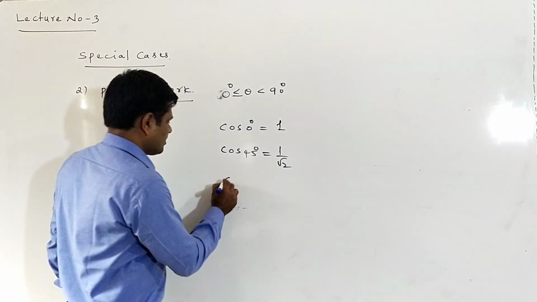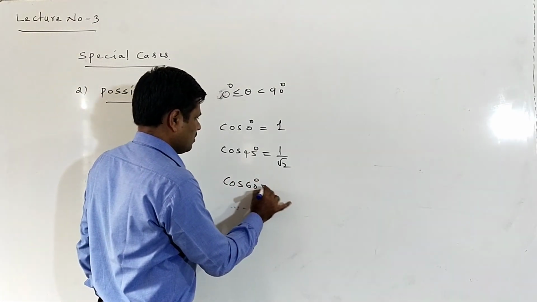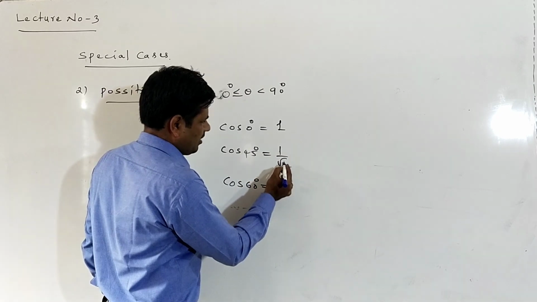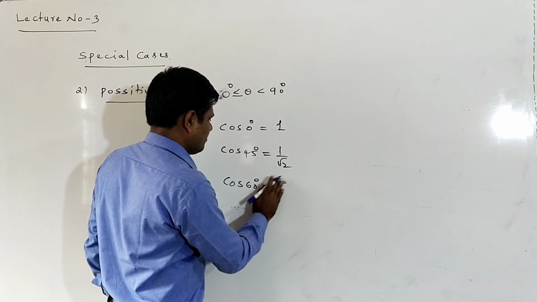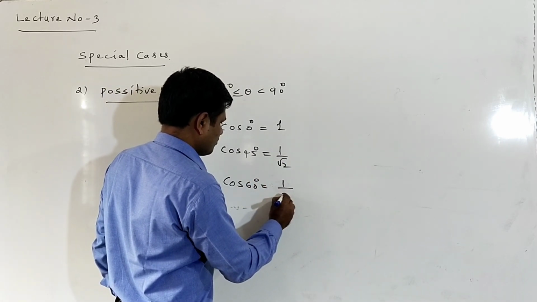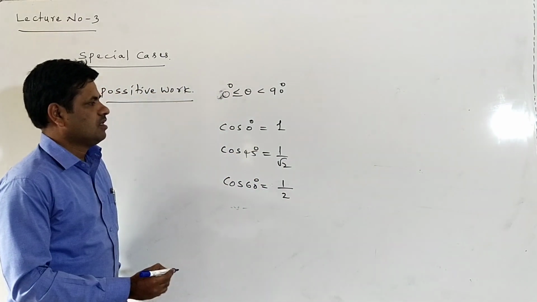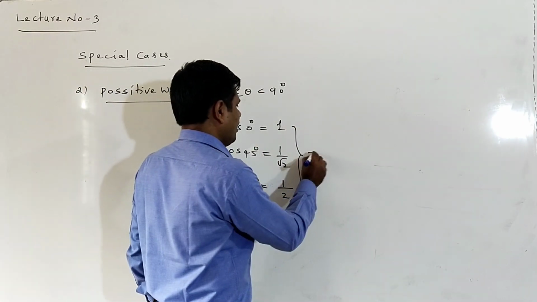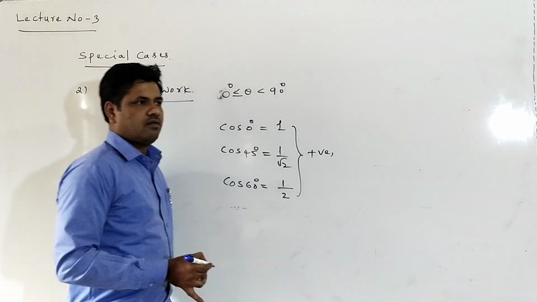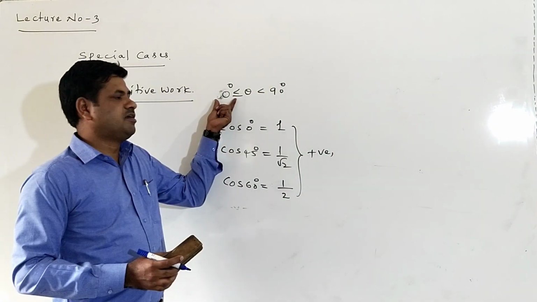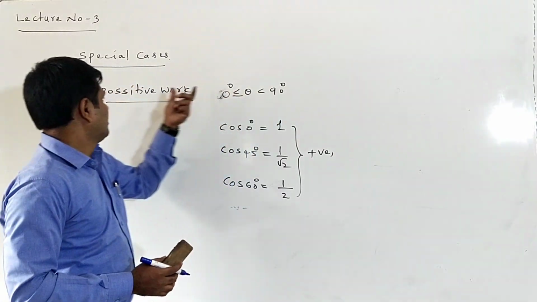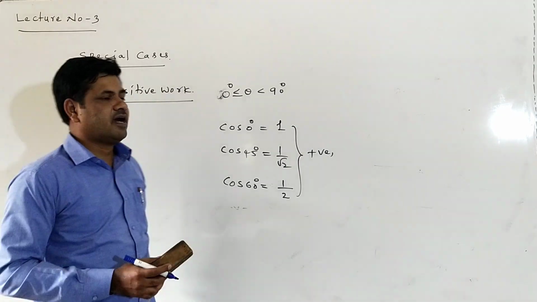You can check cos 30 also, and cos 60 also. Cos 45 is 1 by root 2, and cos 60 is 1 by 2. All these values are positive. So when the theta value lies between 0 and 90 degrees, work done is